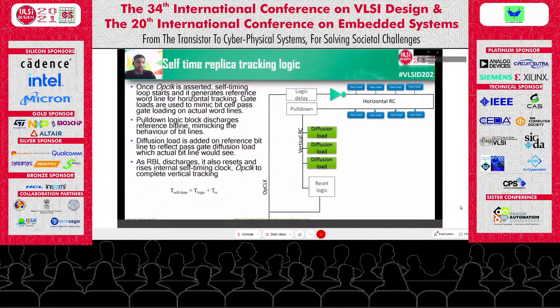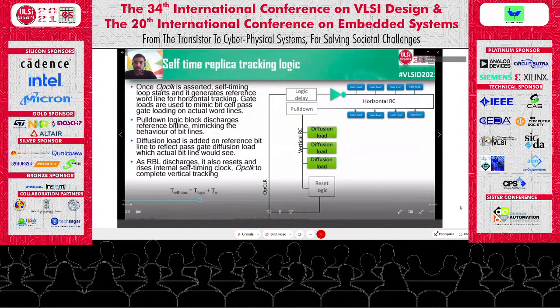So op clock is actually that internal clock which I was talking about. So if you look at this diagram, once this clock is generated, we have some logic delay, and then there's the driver, which is similar to the word line driver we would have, and then you would see this horizontal section. So where we have these